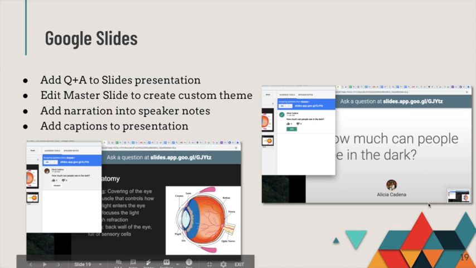In Google Slides, there's just a few things I wanted to point out that can be useful. The first one, pictured here, is adding a Q&A to a slides presentation. You can generate a link that will make a little question dialog box pop up for anybody viewing your slideshow. And then they can ask questions that pop up in your speaker's notes that don't actually interrupt the